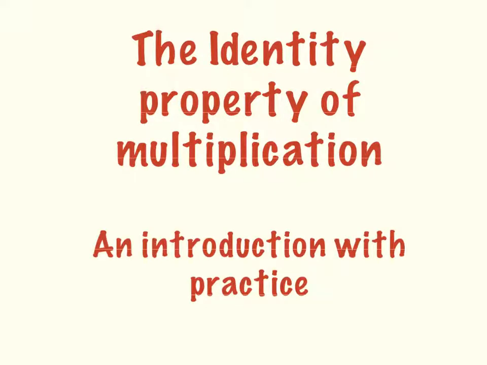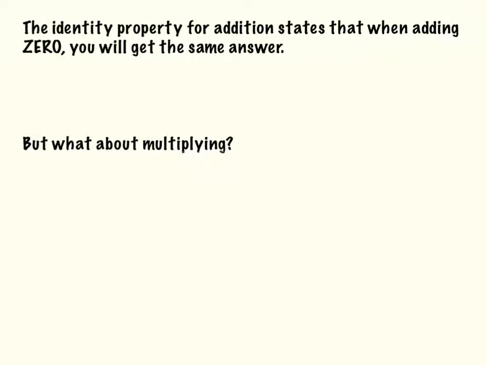This is going to be a brief introduction to the identity property for multiplication. There are some practice slides on here as well. The identity property for addition states that when adding 0, you will get the same answer. The reason why I have this in here is because we just got done with this property when we were